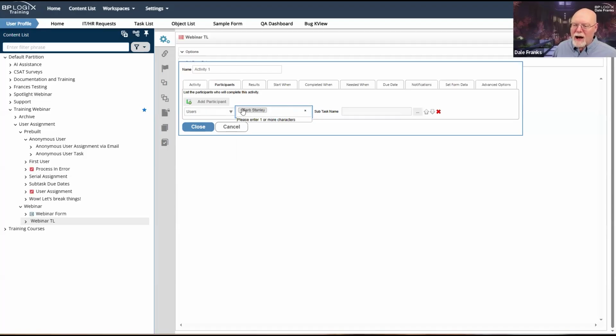So I can assign one or more users directly to a task. I'm begging you with tears in my eyes not to do task assignments this way. Not because I particularly care, but because you are really going to care later on, especially if you're in a large organization, when people start moving around inside or outside of the organization.